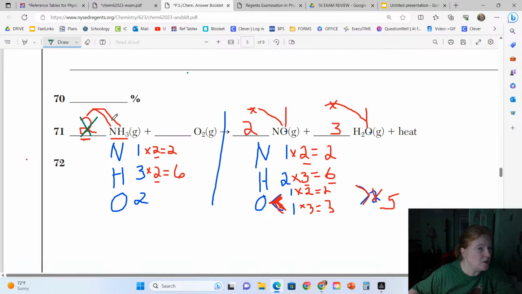So I am not going to put a 2 here. I'm going to try a 4. So balancing is trial and error, which is why I say this was the hardest balancing equation I've seen on an exam in a long time. Usually when you try the 2, it fixes it, it works. But it didn't work in this case. So when it doesn't work,